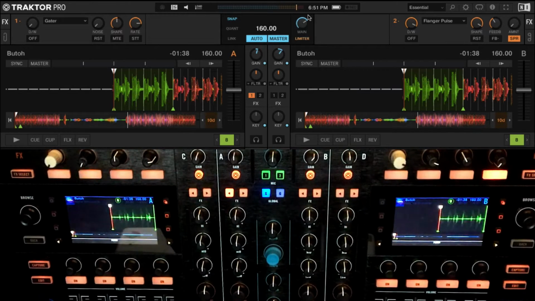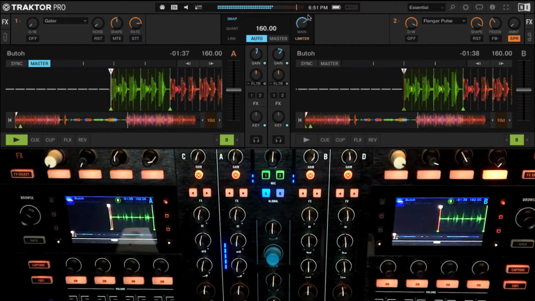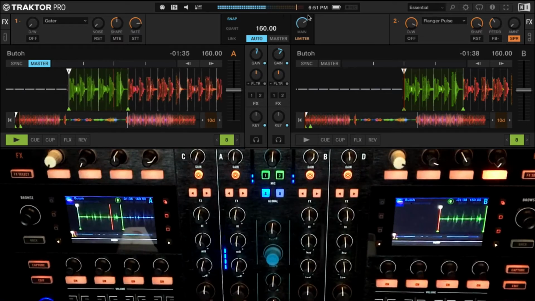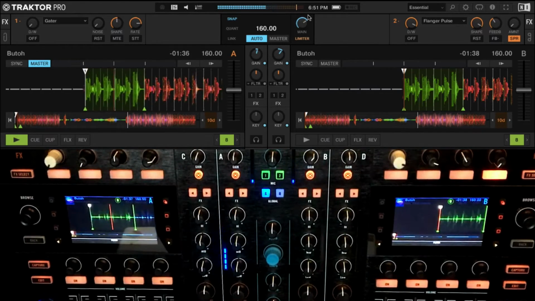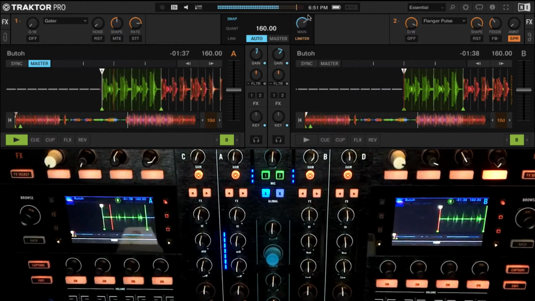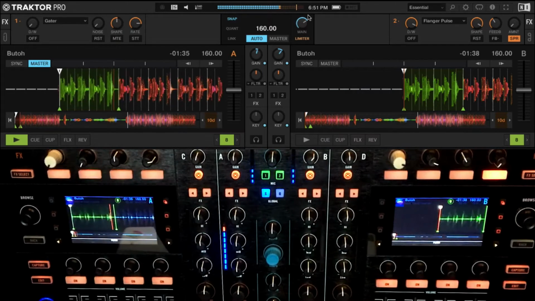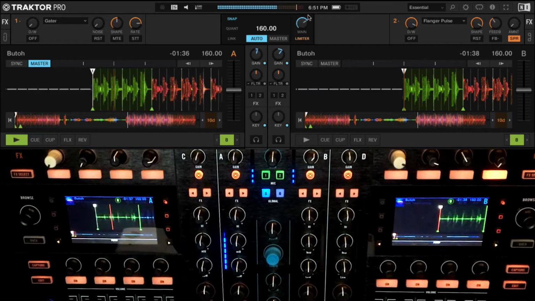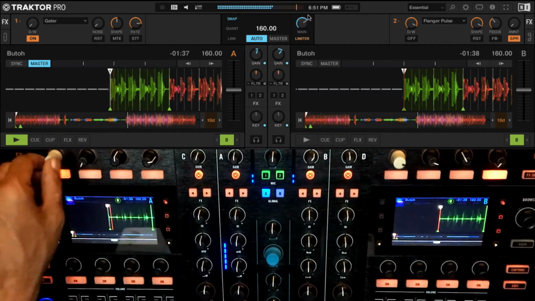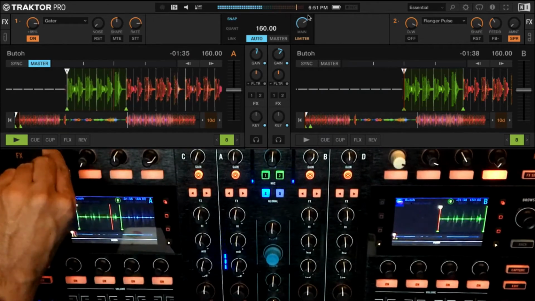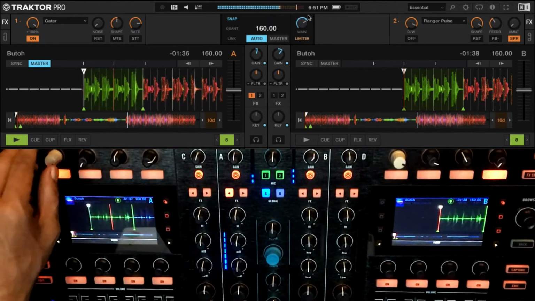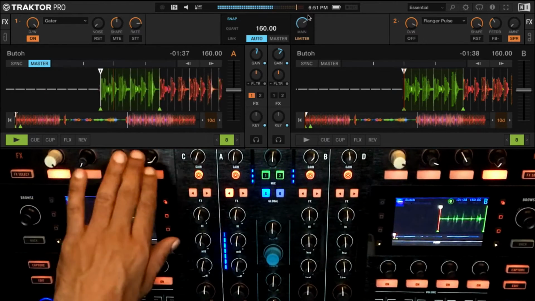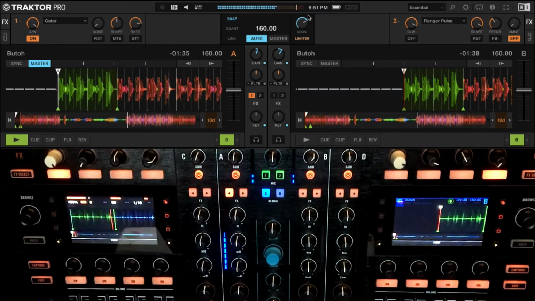So what's going to happen is every 16th note, it's going to do a rapid movement of the fader like this, even if I don't have this effect on. Or if I do a slower movement, I'm sort of chopping up the beats, right? That's exactly what the gator is going to do. Check it out. The rate is so fast, it's chopping it up.